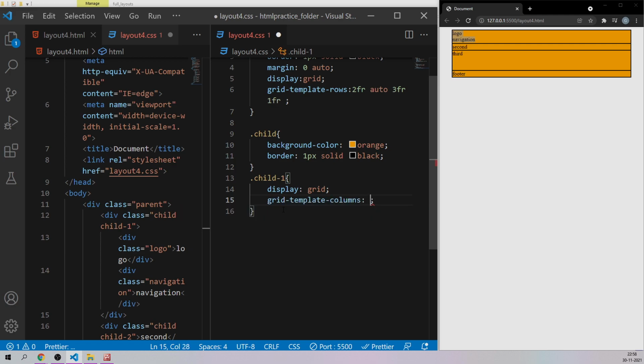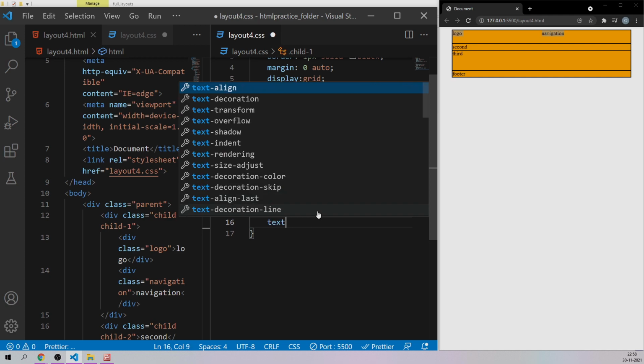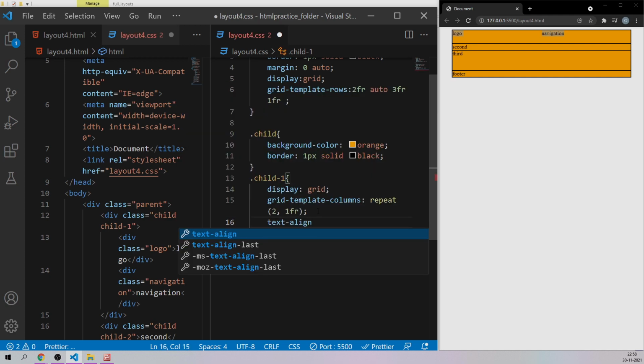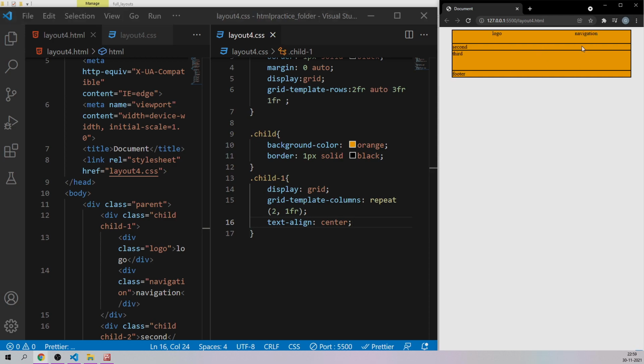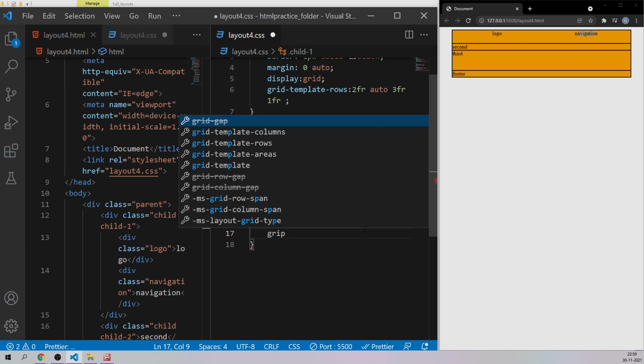I want 2 of them of the same unit, so I can use repeat(2, 1fr), so it becomes exactly half the size. And I will just use the text-align property right now, just to make it come exactly in the center. So as you can see, right now the logo as well as the navigation are exactly in the center.